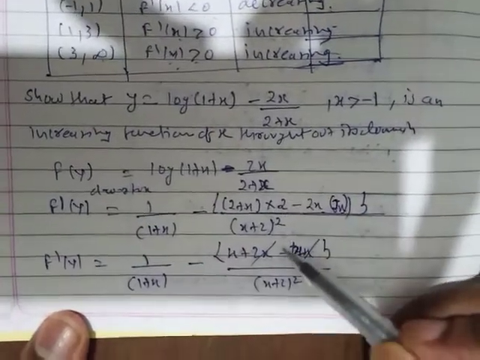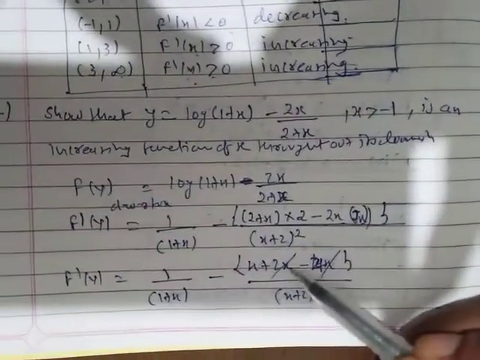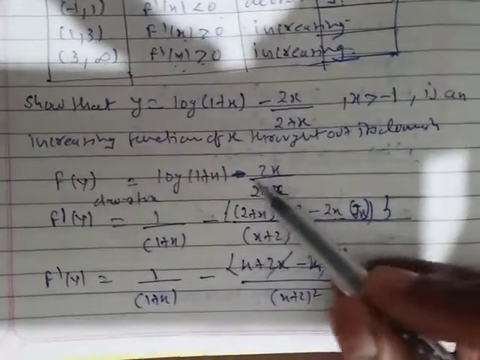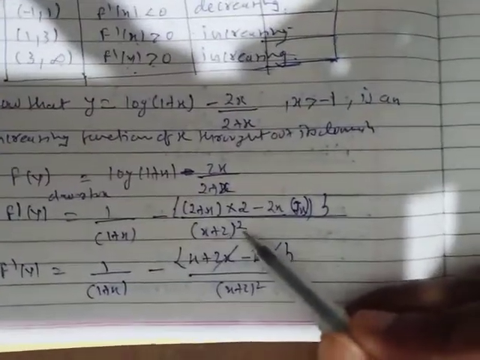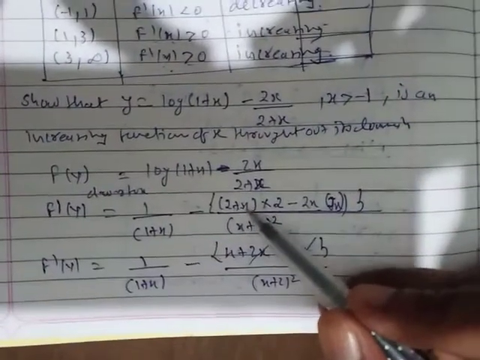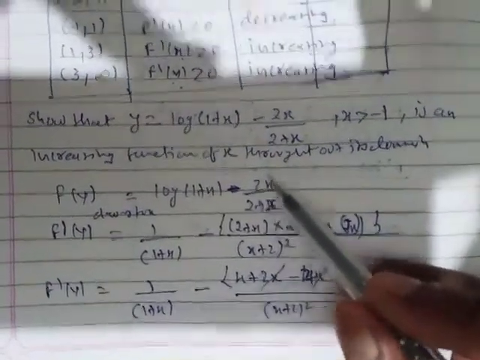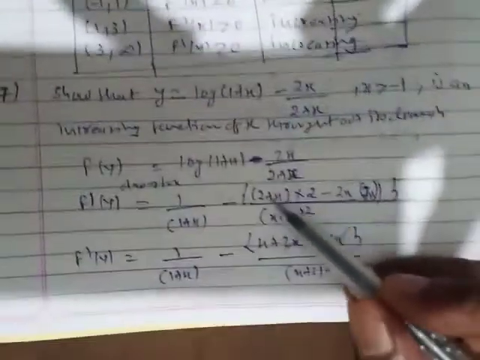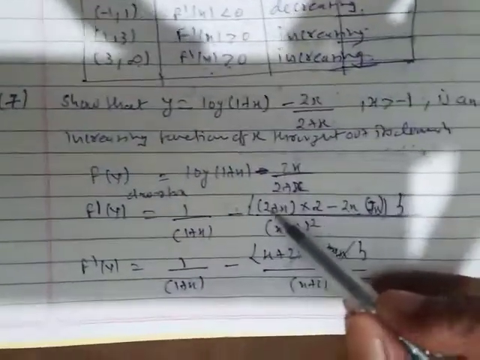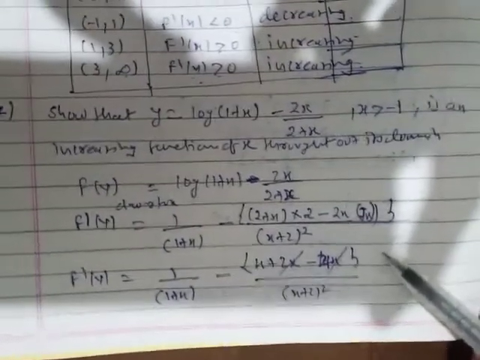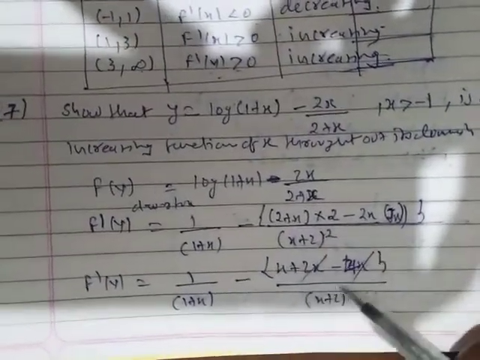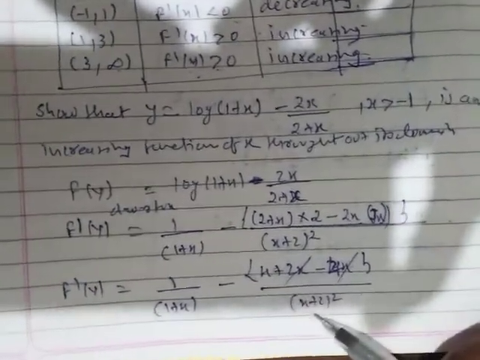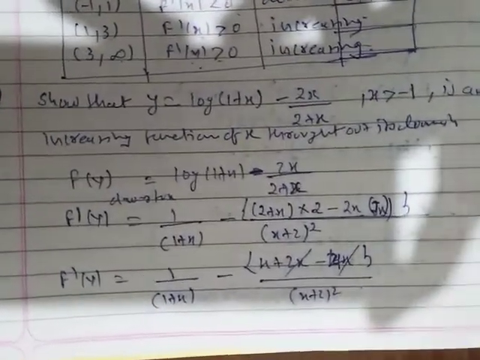the v upon u form. Okay, v upon u form, you know. If you simplify it, this will be the square of the denominator, x plus 2 whole square, and x plus 2 into the derivative of 2x, which is 2, minus 2x, which is constant, into the derivative of 2 plus x, that is 1. Okay, so if you simplify this, 2x and 2x will cancel out, you will get 4 upon x plus 2 whole square.